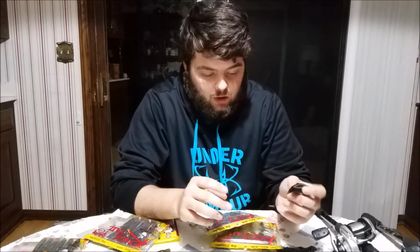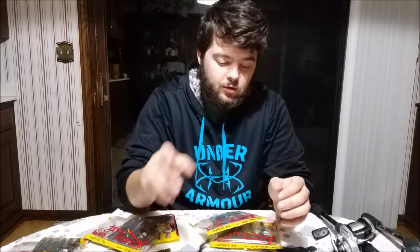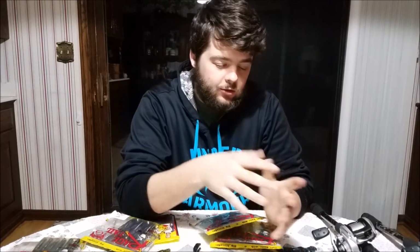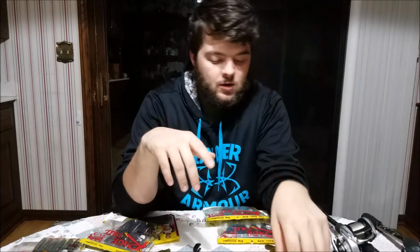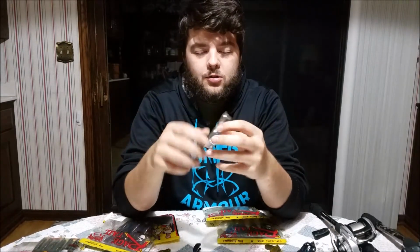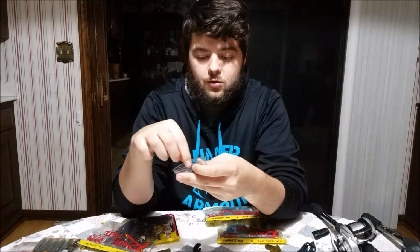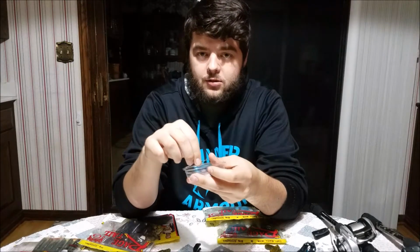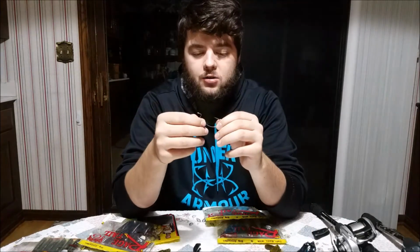So real quick, I'm actually going to go through the terminal tackle I use whenever it comes to this stuff. Alright guys, one of the most important things about this whole setup is the hook. Now for flipping, you can actually use a flipping hook, a straight shank hook. There's nothing wrong with that. I actually use